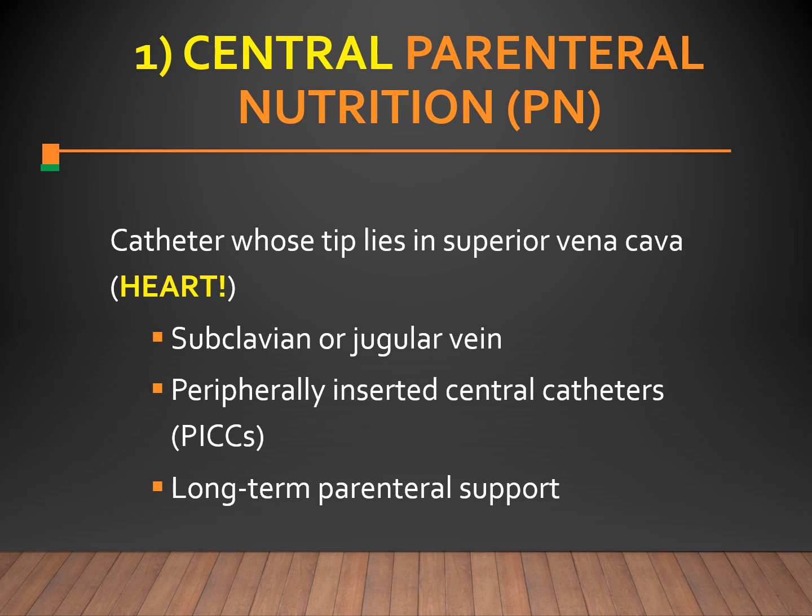Usually you can use subclavian or jugular veins. You'll hear this as subclavian or IJ. Then there's the option of peripherally inserted central catheters and long-term parenteral support. All of these are at high risk for what we call CLABSI, especially the one that lies within the heart. This is a central line associated bacterial systemic infection. That CLABSI has to be reported to the state, so there are lots of different interventions required to prevent those central line infections, but the biggest goal is to get the central line out as soon as possible.